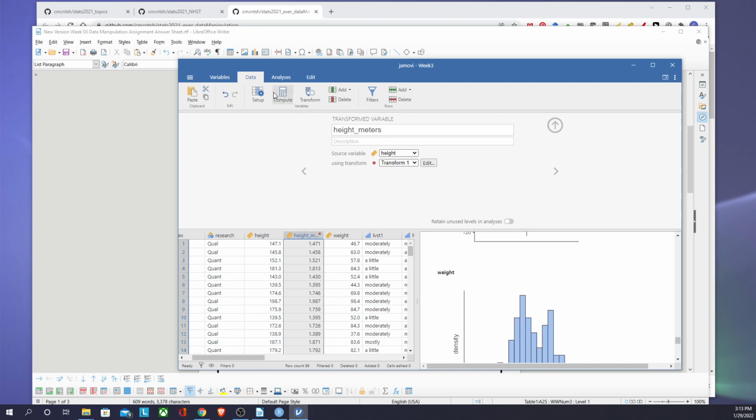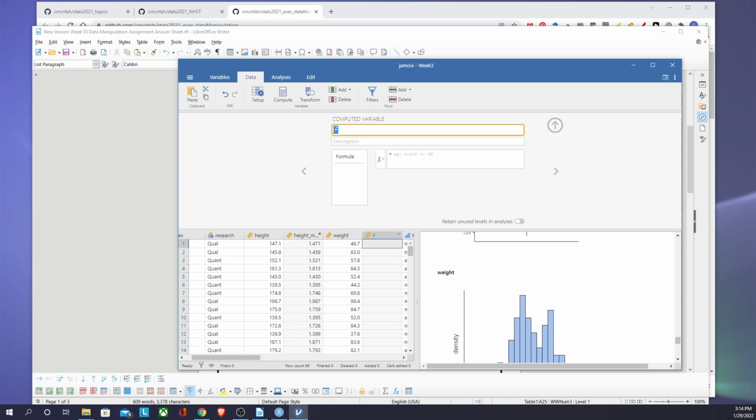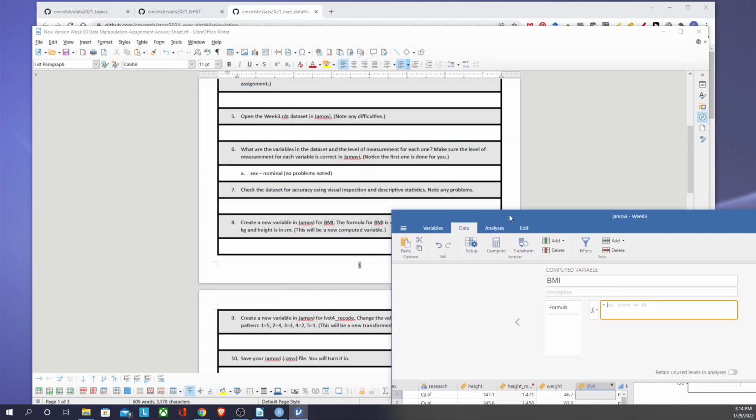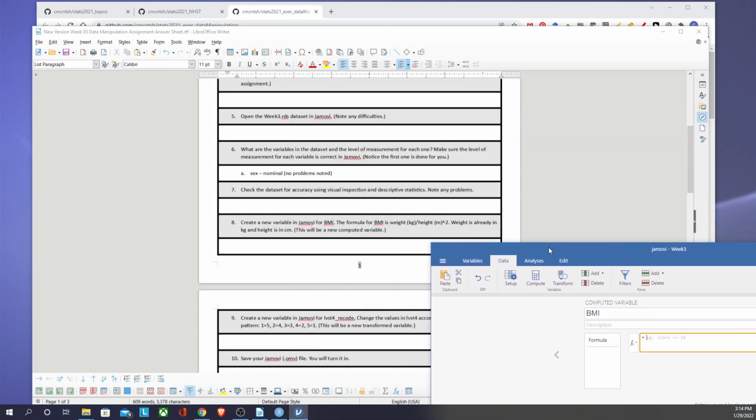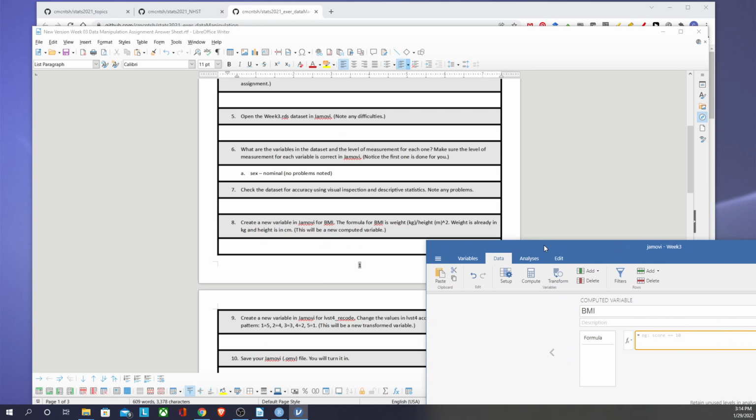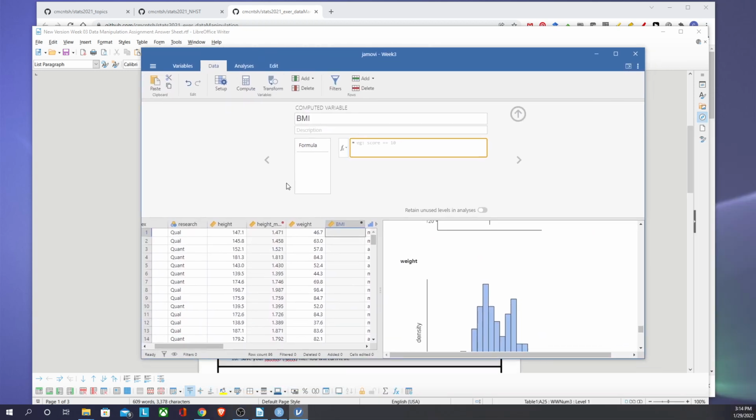So now we want to compute a variable, and I'm just going to put it after the weight variable. So I'm going to go back to compute, and we're going to call this BMI. And I think Jamovi makes this pretty easy. I think we can just use the variable names here. So again, our formula was weight in kilograms divided by height in meters squared. So our weight in kilograms is just weight